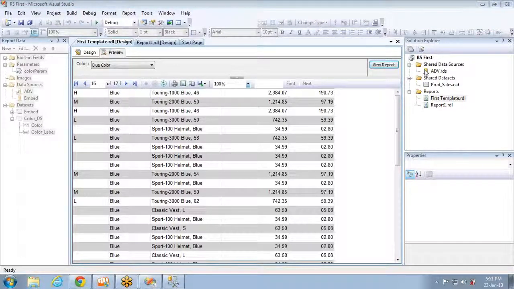So we have done a good enough job on parameters, and there is still something pending, that is adding cascading parameters. It's a pretty big concept, so we will continue the parameters discussion in the next session. And apart from parameters, we are also going to discuss row grouping and column grouping in the next session. So before coming